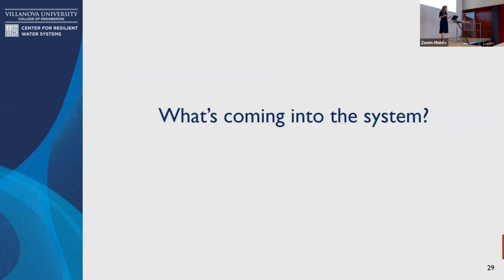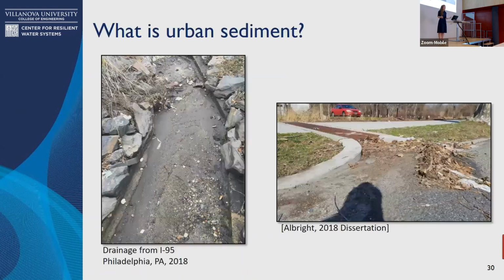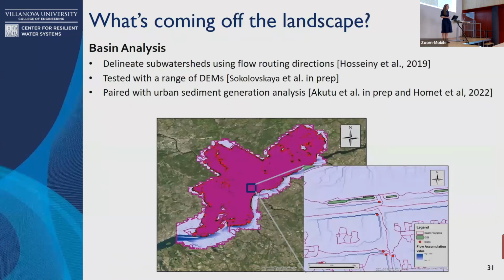So to understand if we do, we thought, well, let's understand what's actually coming into the system. What does an urban sediment look like? Nobody really knows because every urban area is different. These are a couple examples from some of our sites in Philadelphia. If you see me this summer looking in the gutters, I like to walk around and just look at urban sediments. And I've noticed that Zurich has some pretty clean streets, but I do see a lot of little fines along and some sand grain particles. So thinking about what this looks like, we started taking a lot of our own samples, but we also started trying to estimate this at the city scale.